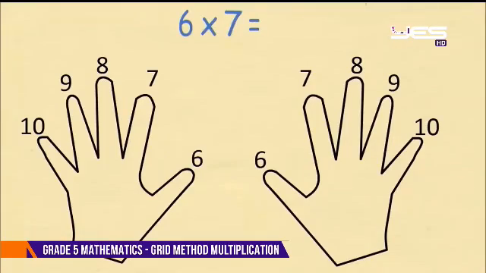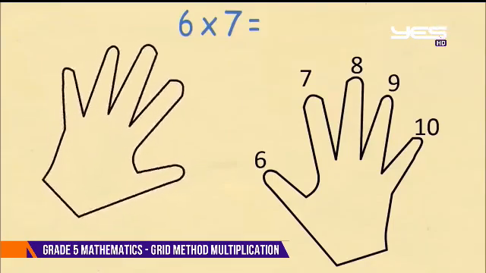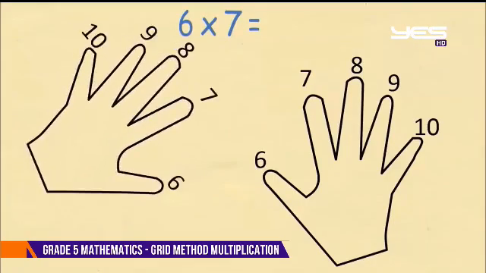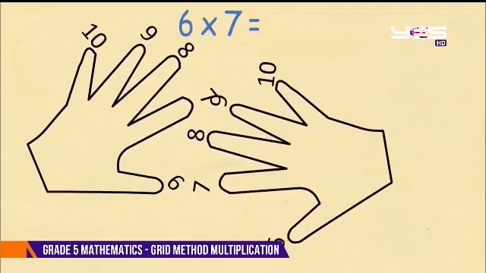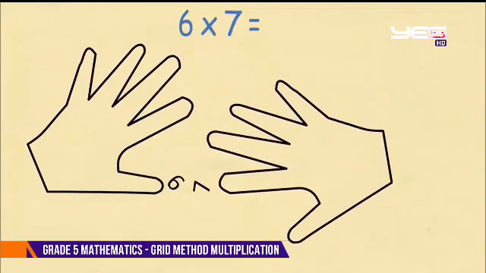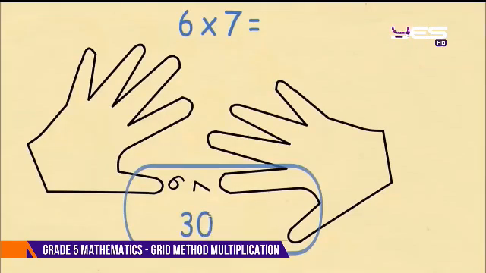Let's do a final example of 6 times 7. We'll rotate our left hand so we have the thumb as the finger 6. We rotate our right hand to the index finger of 7. Now we count the number of fingers that are below the 2 fingers which are touching, including those 2 fingers. We have 1 on the left hand and 2 on the right hand, which makes for 3 or 30.